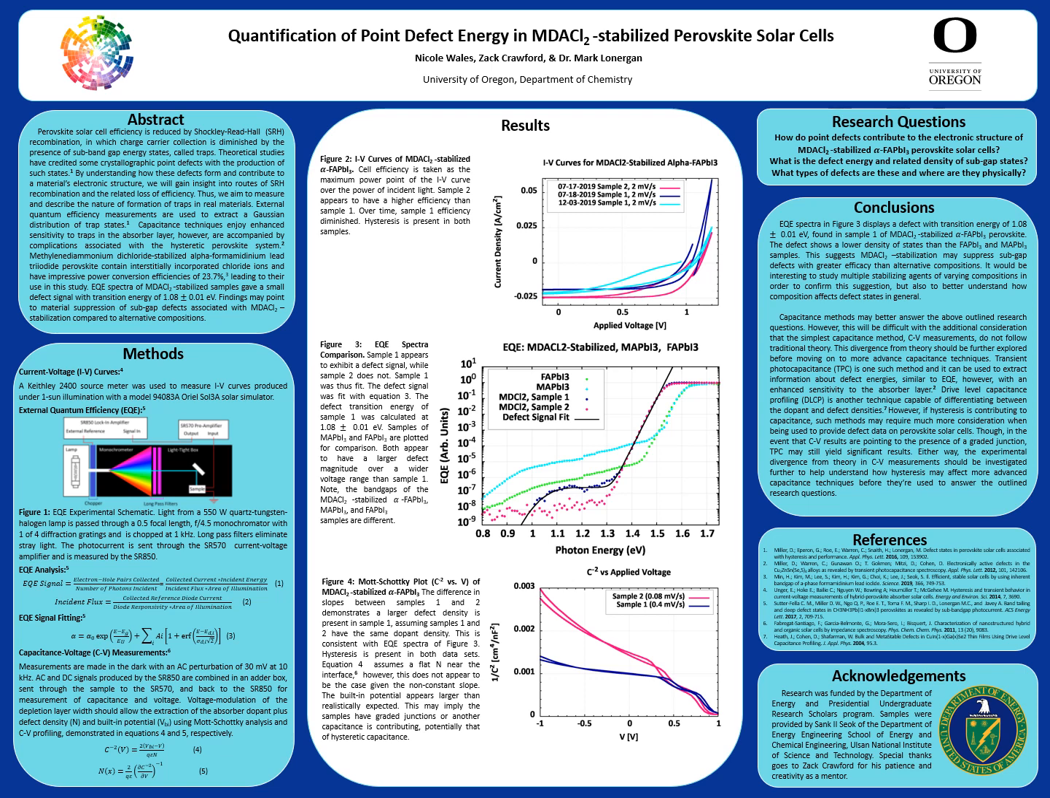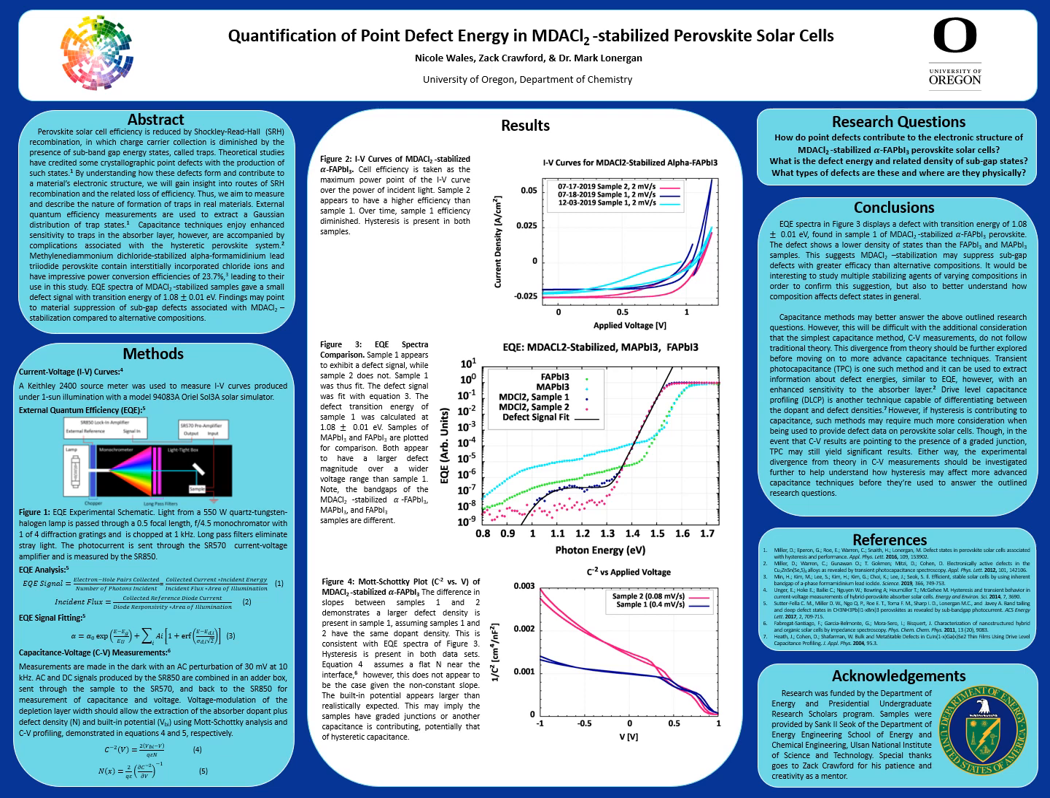In figure 3, sample 1 appears to exhibit a defect signal while sample 2 did not. Sample 1 was thus fit with equation 3, visualized as a black line. It is made clear that the magnitude of the defect signal present in sample 1 is smaller than those of FAPbI3 and MAPbI3. Here, calculations gave a defect transition energy of 1.08 plus or minus 0.01 electron volts for the